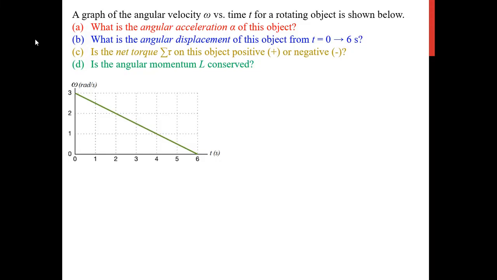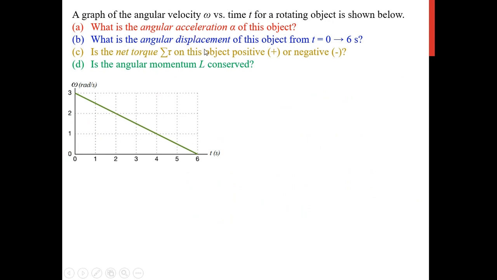All right, so here is an example of rotational motion and rotational dynamics all in one. You're given this particular graph of angular velocity with respect to time, and then there are four parts color-coded there for you. Part A asks us to find the angular acceleration. Part B asks us to find the angular displacement for the time interval shown in the graph from 0 to